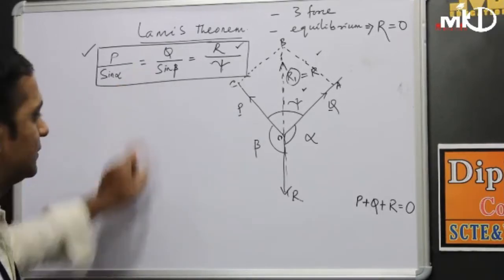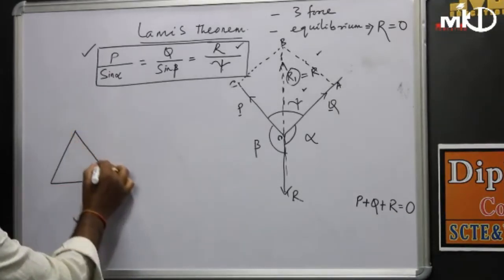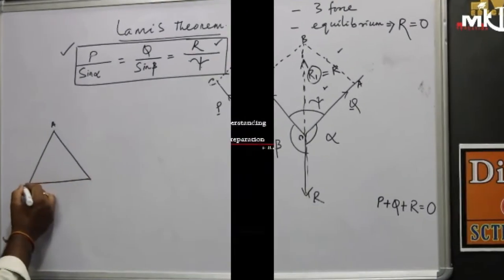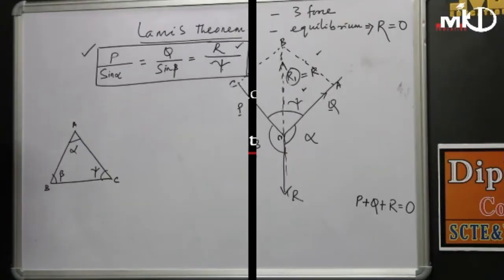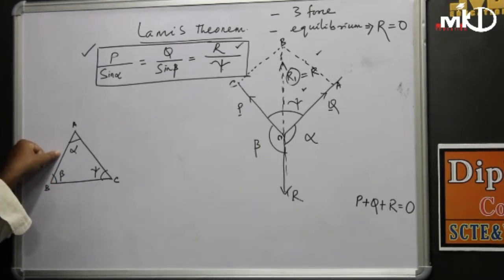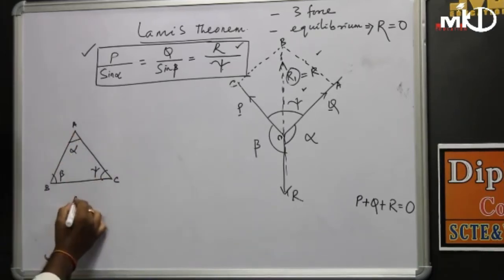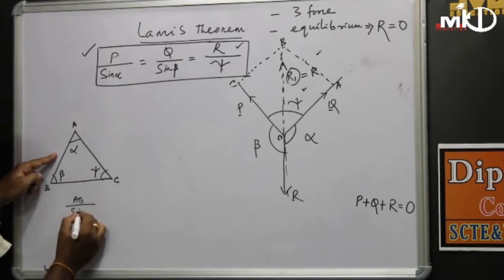So what is sine law? So in high schools you have already learnt about that sine law. So sine law means what? Suppose this is your triangle, then according to sine law, so now we'll see what is sine law of triangle. Let this is our triangle ABC. So now suppose these angles are alpha, this angle is beta and this angle is gamma suppose. So according to sine law of triangle, the law states that each side is directly proportional to the sine of its opposite angle. मतलब if I will take this side, means AB divided by उसका opposite वाला angle means that is gamma. So that means we can write down sine gamma.